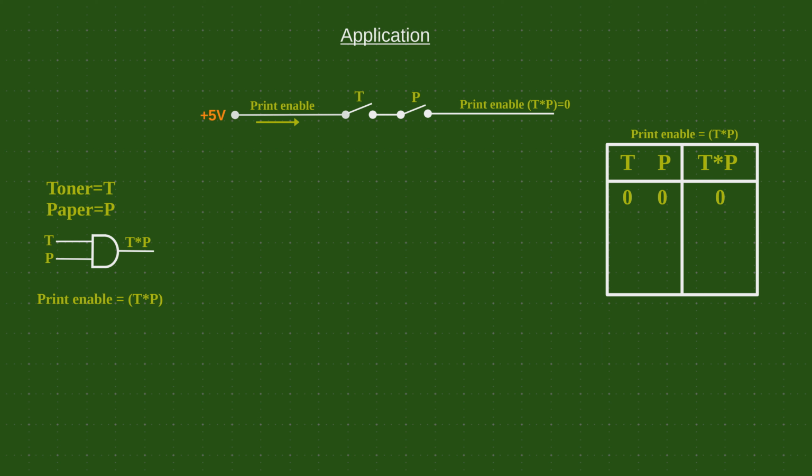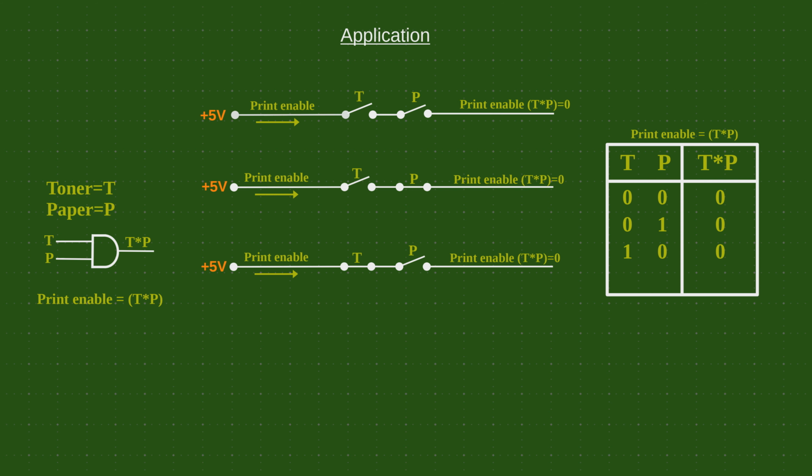Let's see the application of these logic gates. Sometimes you run out of paper in the printer or toner, and without that the printer stops working. Of course, each printer has many more parameters that it monitors, and based on them it makes decisions whether it is ready to print or not. In this simplified version, we will analyze these two most common ones. It's simple. If paper or toner or both are missing, the printer does not print. We can also compare this logic gate to switches in series, which means that only if both are on, printing is possible.